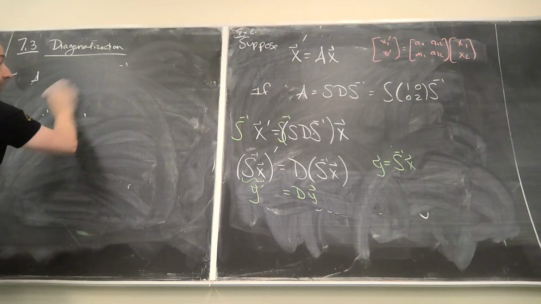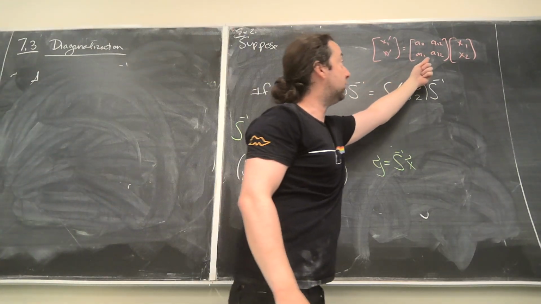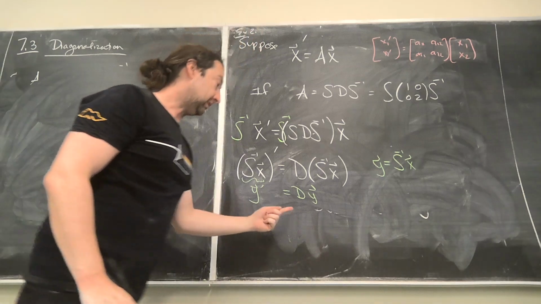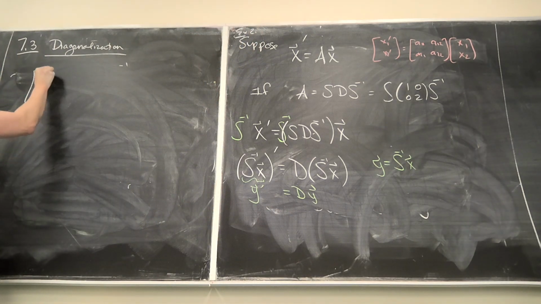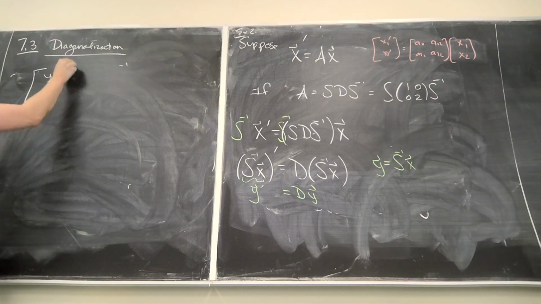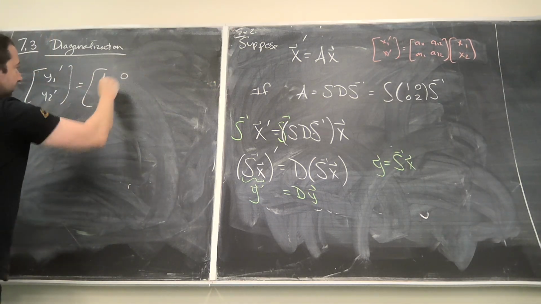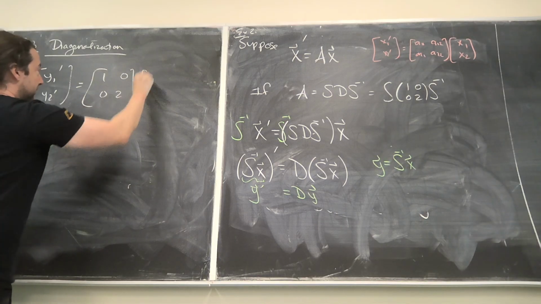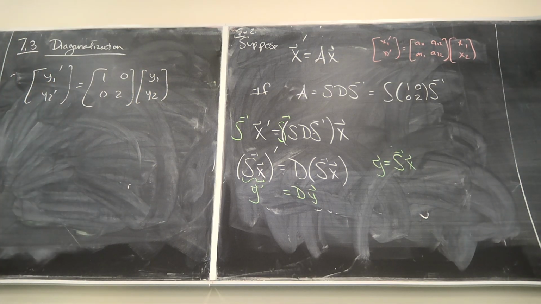So I started with this problem that was hard, where the equations were coupled, and I cannot undo it by integration. Instead, I replaced it with a system of equations that looks like this: y1 prime, y2 prime is equal to this particular diagonalization I said, 1, 0, 0, 2, times y1, y2. If I multiply that out,